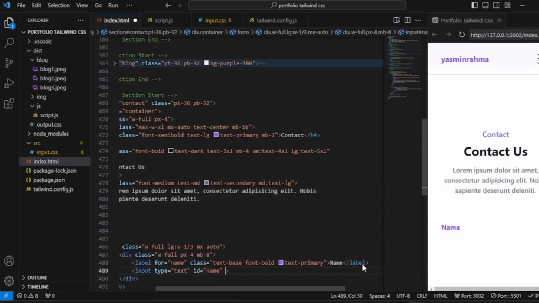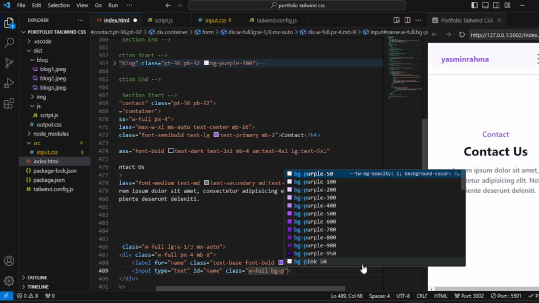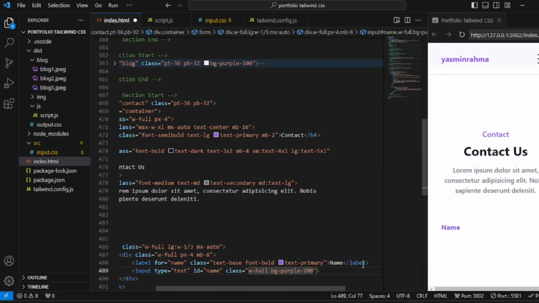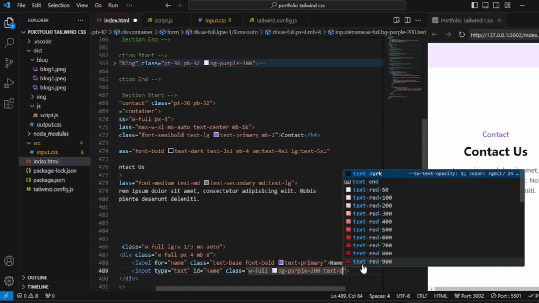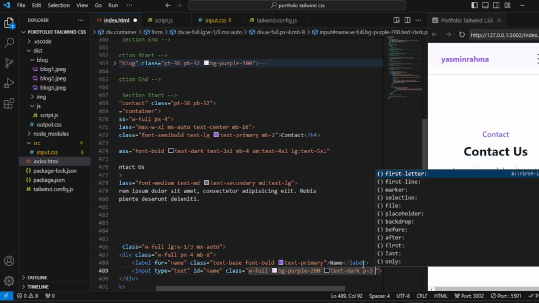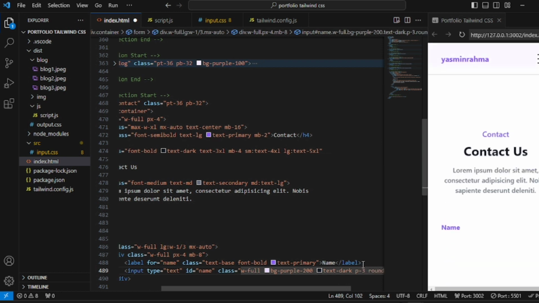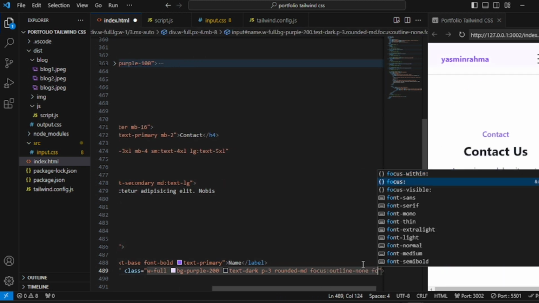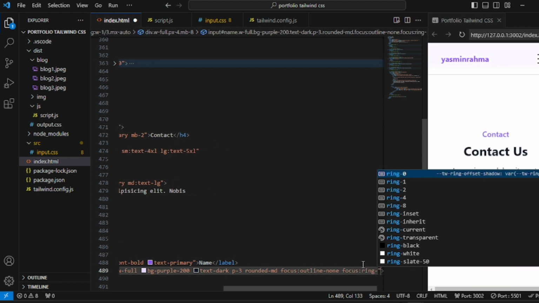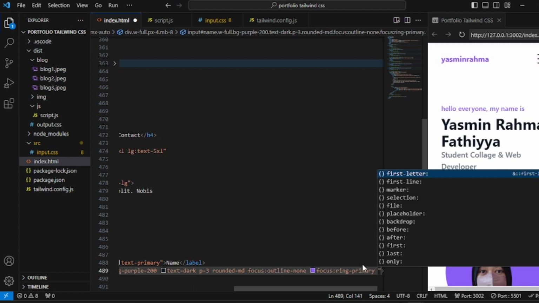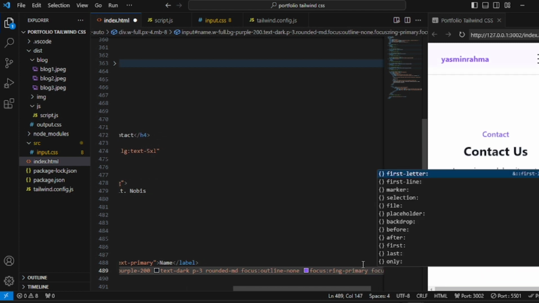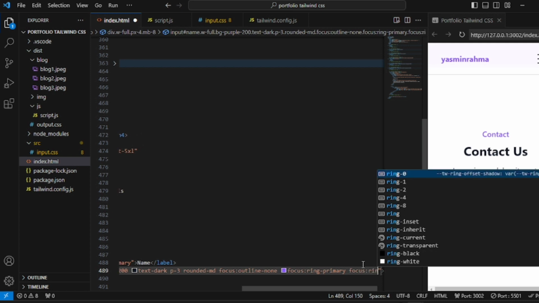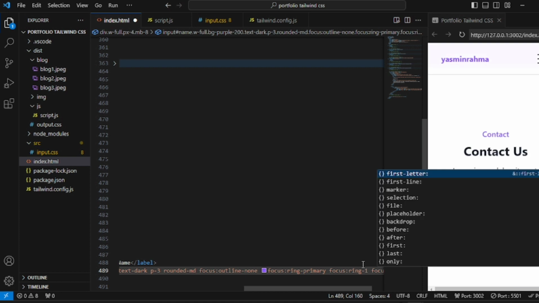name, then the class is width 4, and then the background is purple 2000, and then the text is dark, then the padding is 3, rounded medium, and then for focus the outline is none, and then for focus the ring is primary, and then focus again, the ring is 1, and then focus again, and the border is primary,